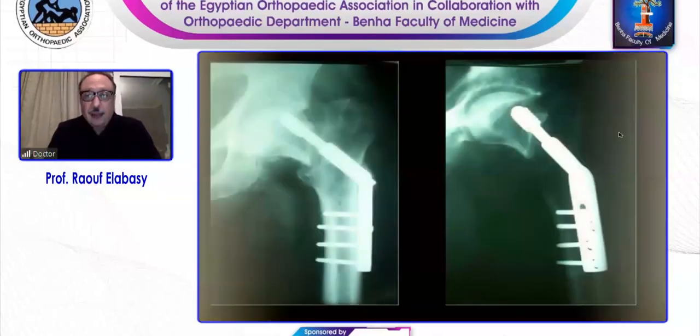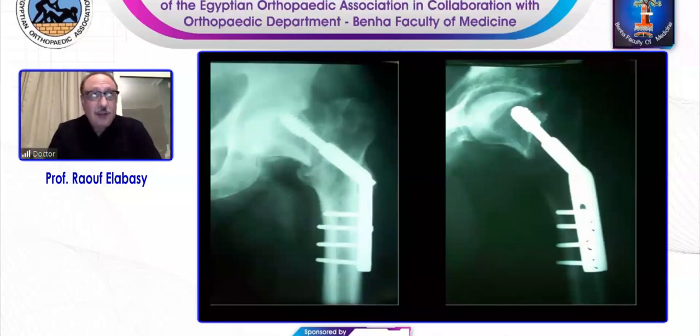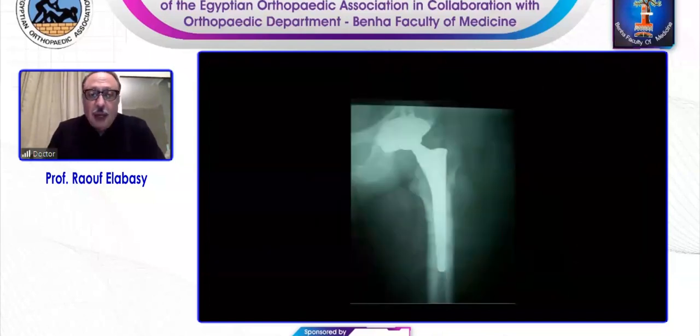I'm going to present some cases with failure of internal fixation. My first case is a basal fracture, which was fixed with DHS. And unfortunately, there is a breakthrough of the screw, as shown in the X-ray. The DHS plate has been removed, and a total hip replacement was done, allowing early restoration of function, minimizing the pain, which was listed by the patient, and early return to work.